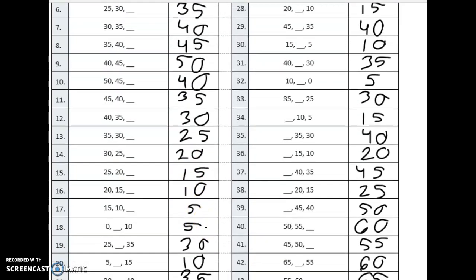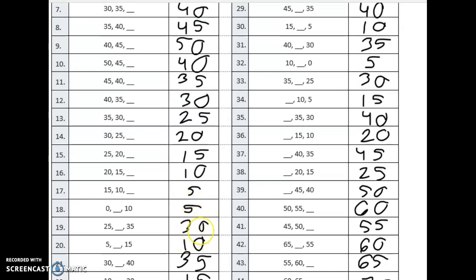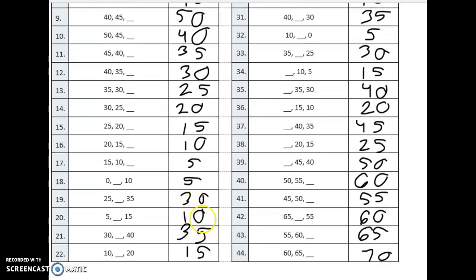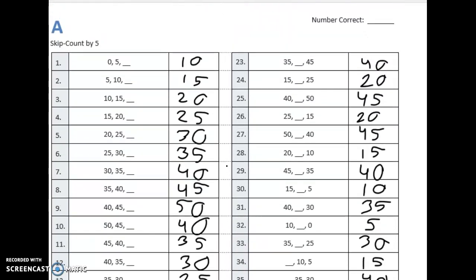5, 25, 30, 10, 35, 15. Okay, that was the first column. When I say go, I'm going to start reading the second column. 3, 2, 1, go. 40, 20, 45, 20, 45, 15, 40, 10, 35, 5, 30, 15,